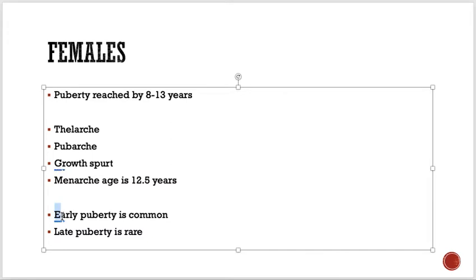When the parents or guardians bring the child and say they are very young and have started showing the signs of puberty, there is nothing to worry about. But when puberty is not reached, so late puberty in females is rare, always investigate. Okay. In males,